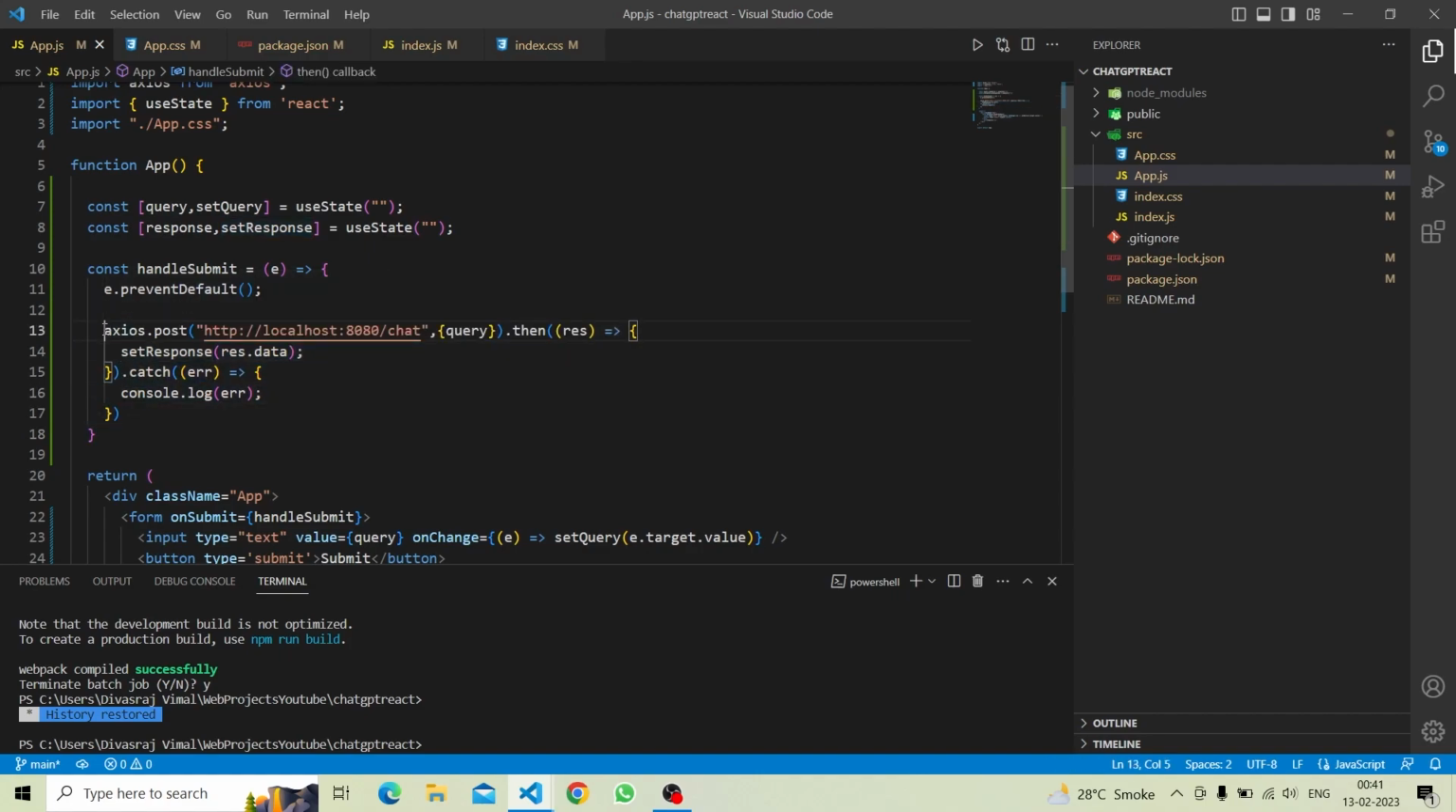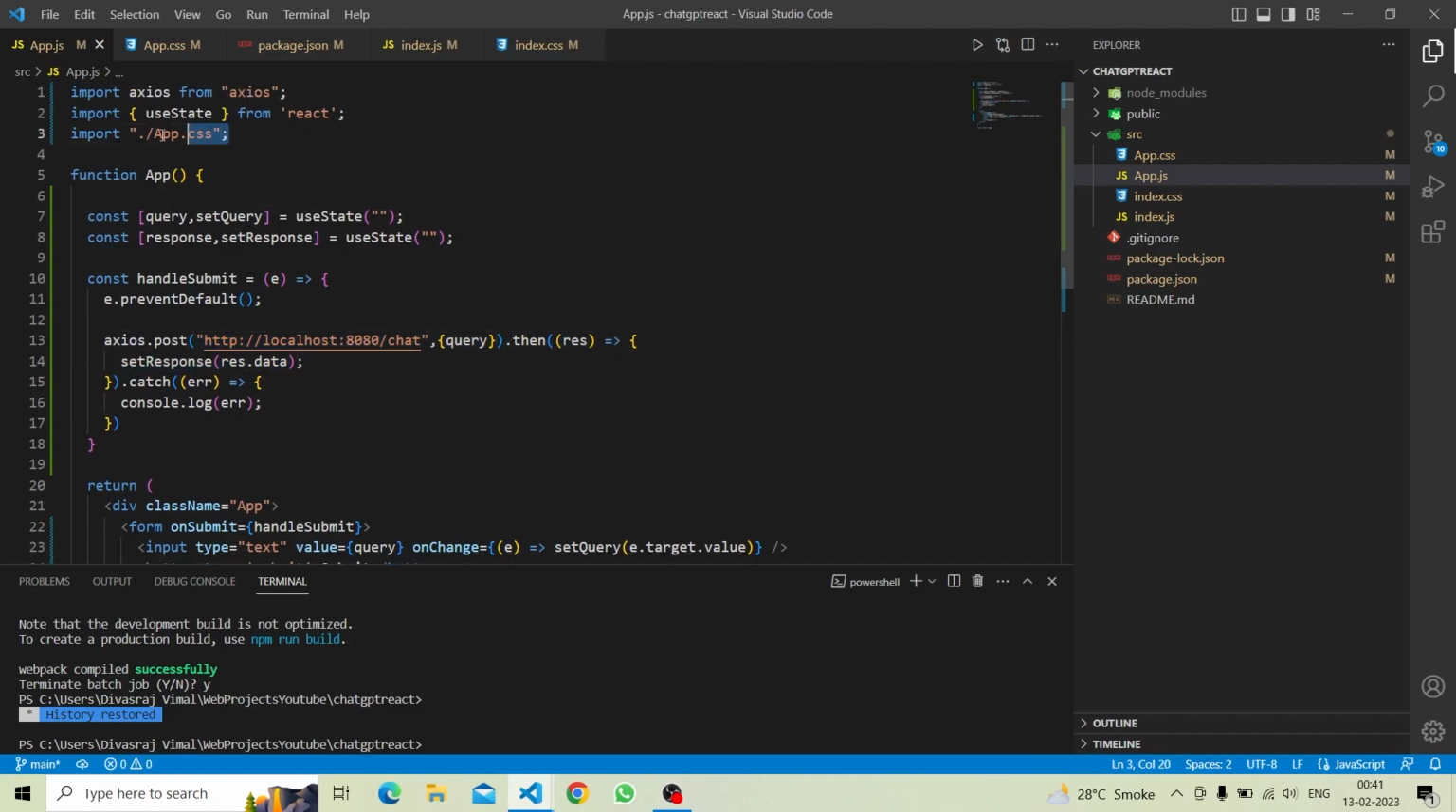So make sure you add this path here, and after that, make sure you import the CSS. useState is imported, and import Axios. Okay, so after that,